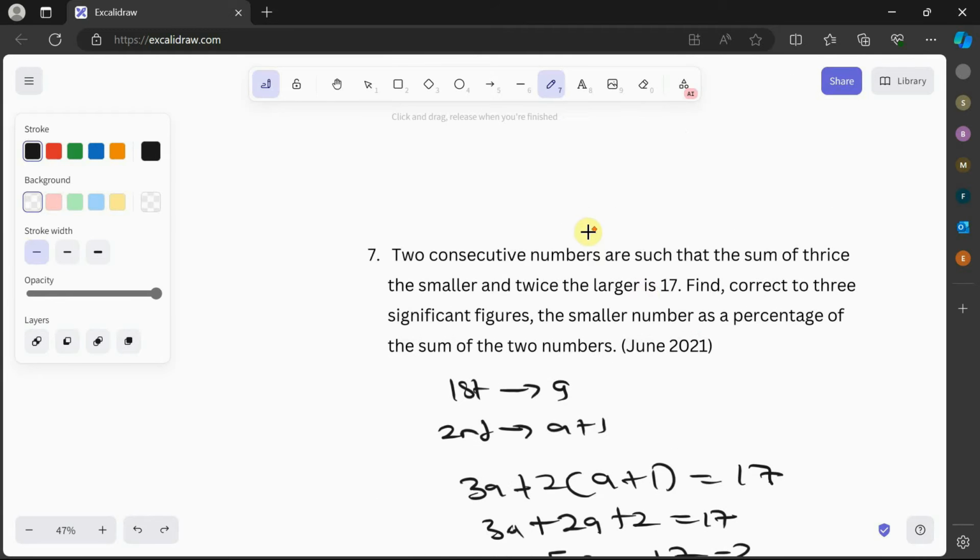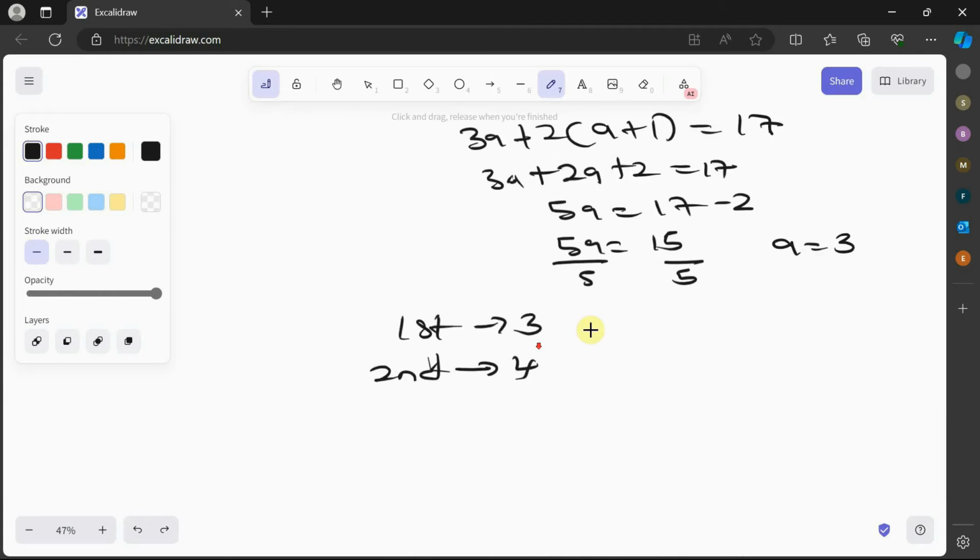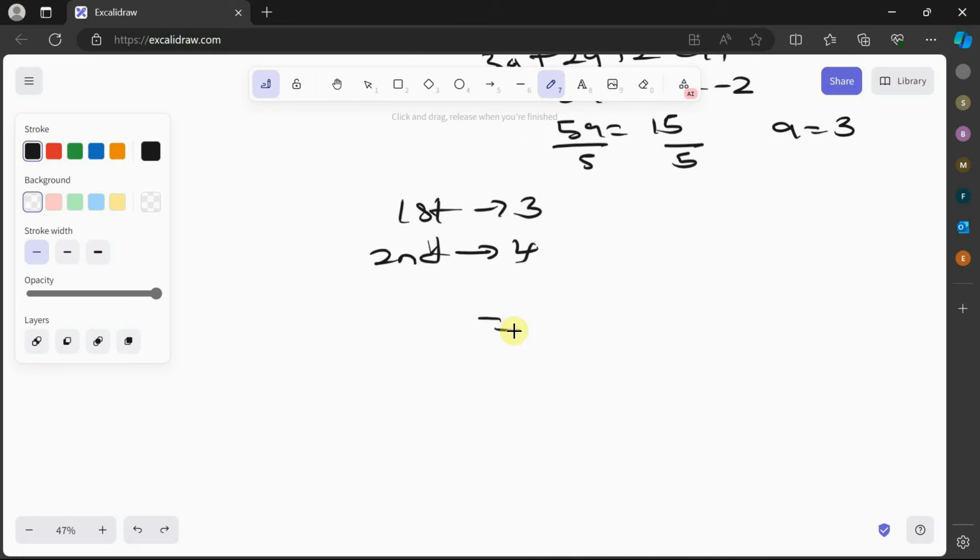Simple. So it now says to find, correct to 3 significant figures, the smaller number as a percentage of the sum of the two numbers. So that would be 3, which is the smaller number, as a percentage of the sum of the two numbers. That would be 3 plus 4 times 100, and that would be 3 over 7 times 100. So 3 divided by 7, multiply this by 100, that would be